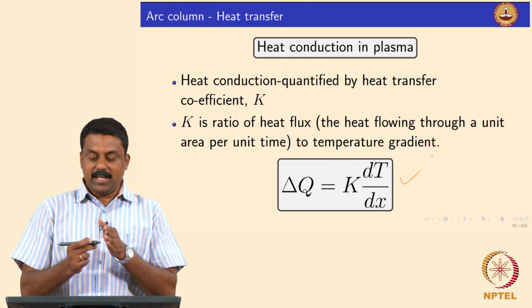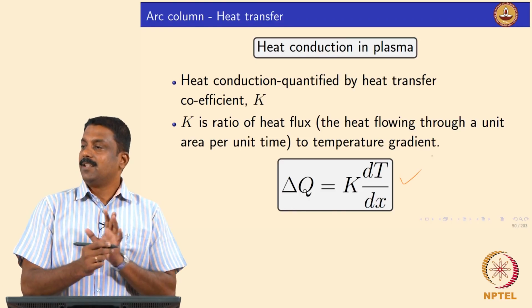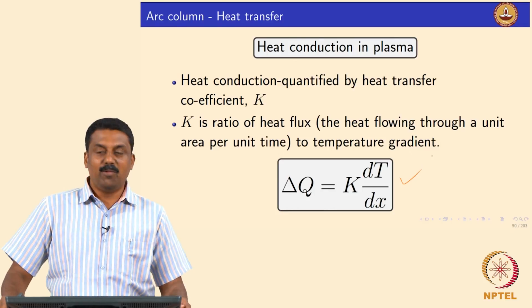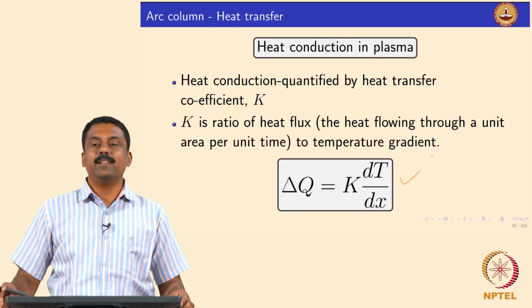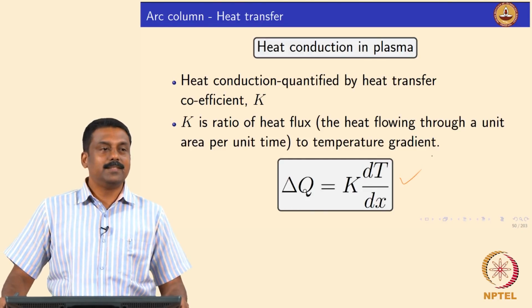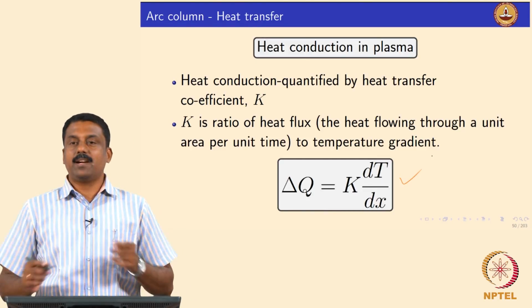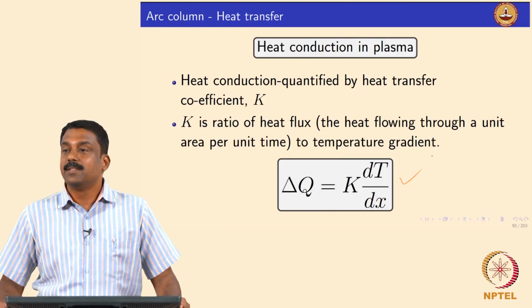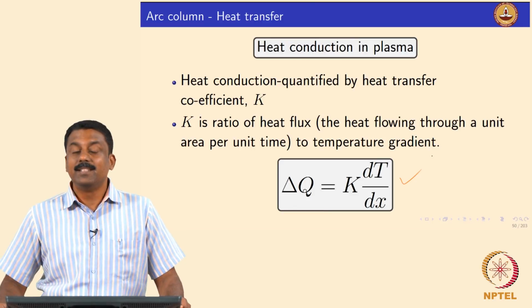So, if you know the temperature gradient of a unit length, you can also calculate how much heat is transferred from this end to other end. In other words, the amount of heat transferred by conduction is directly proportional to temperature gradient,